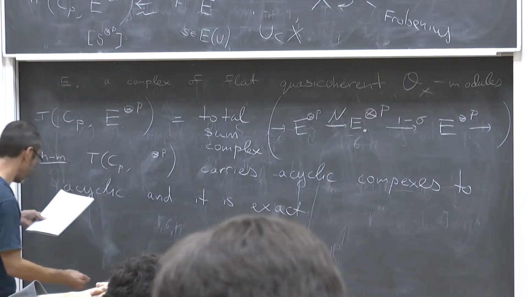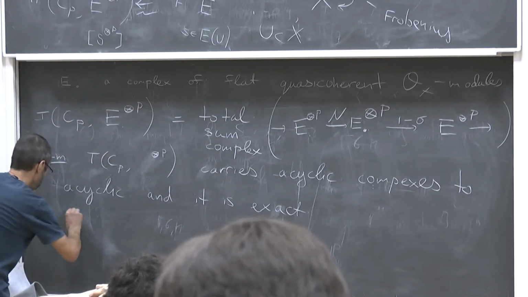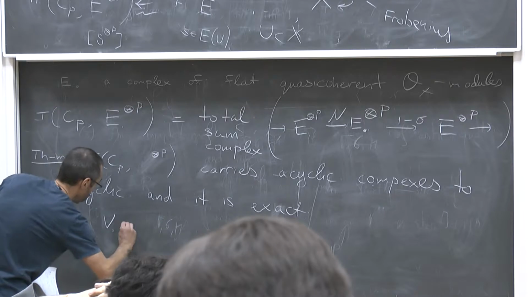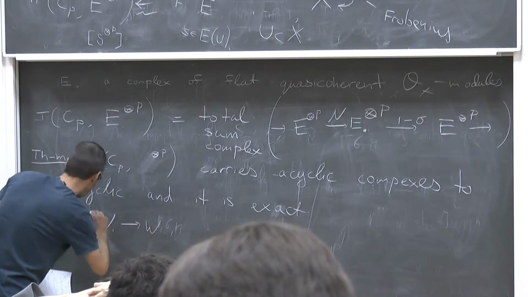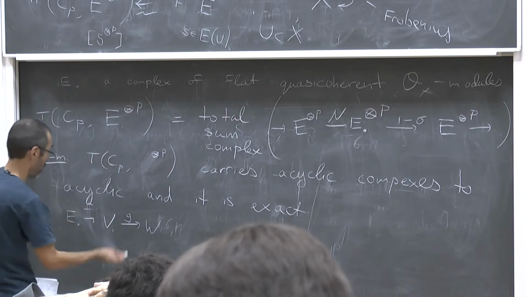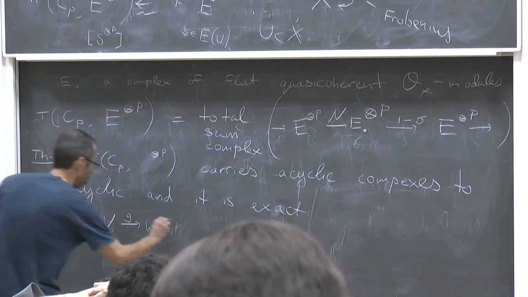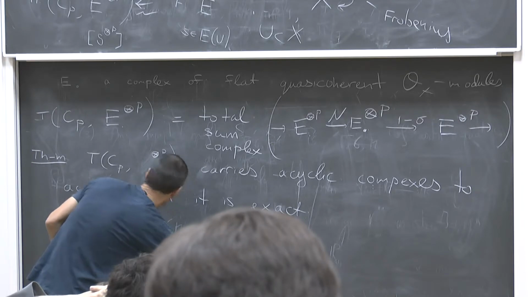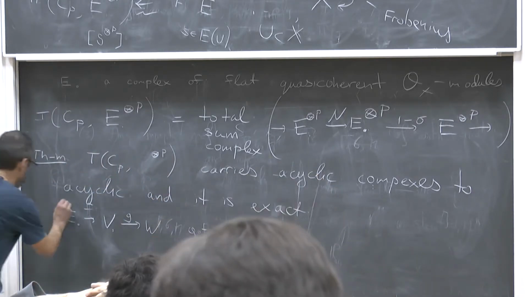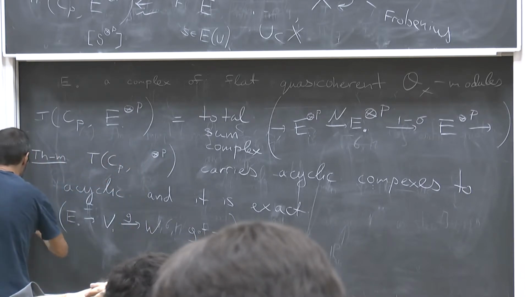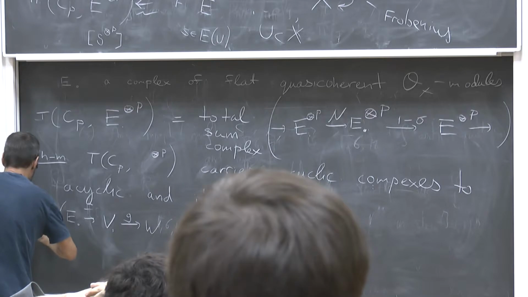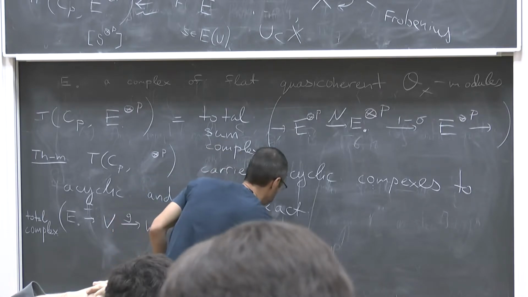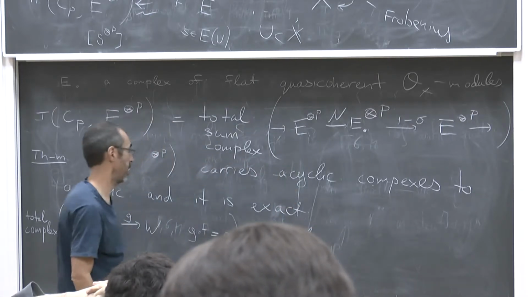If I have three complexes, say E, V, and W, with maps F, G such that the composition G F is 0, and the total complex is acyclic, then the same is true